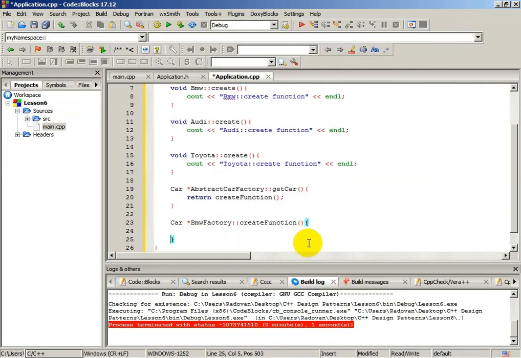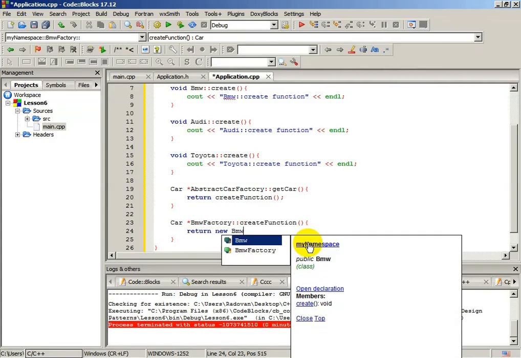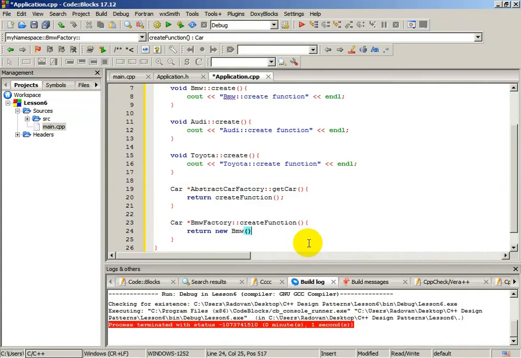Let's define it, and BMW factory will return a new BMW. We will use, of course, a default constructor,